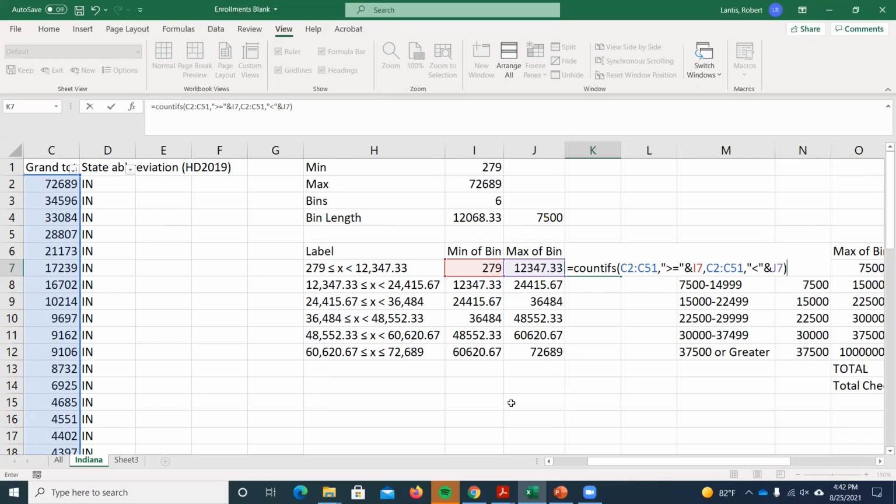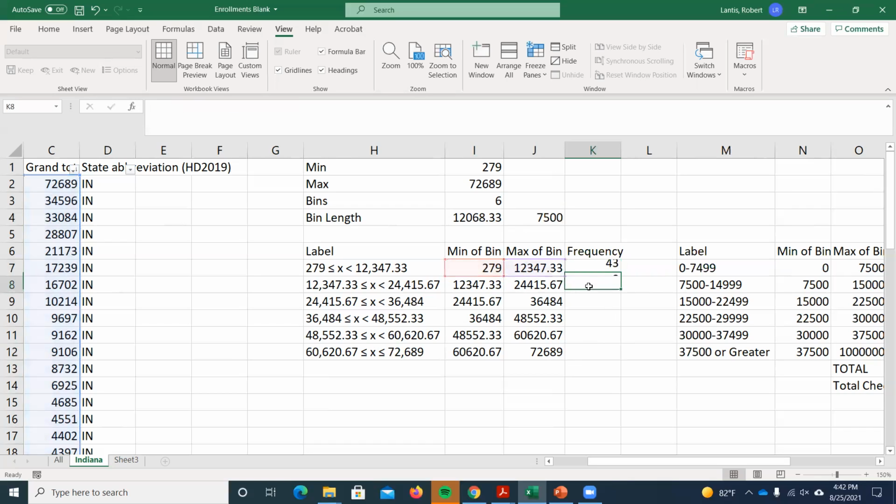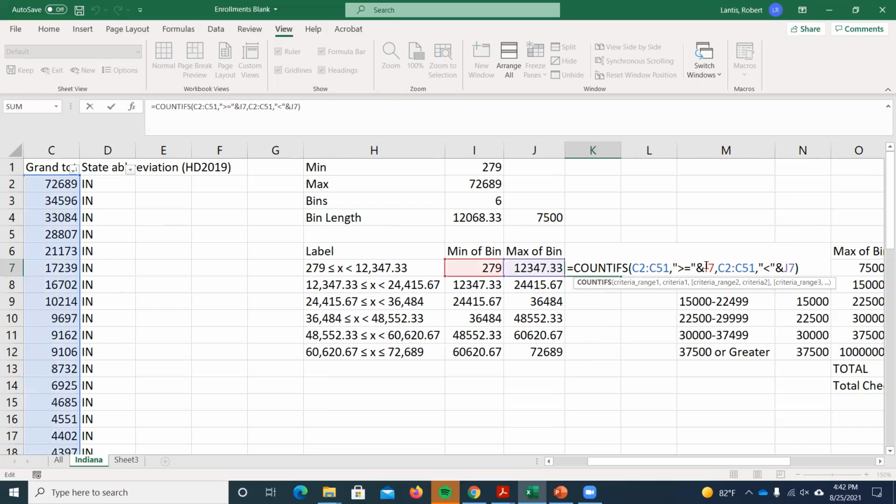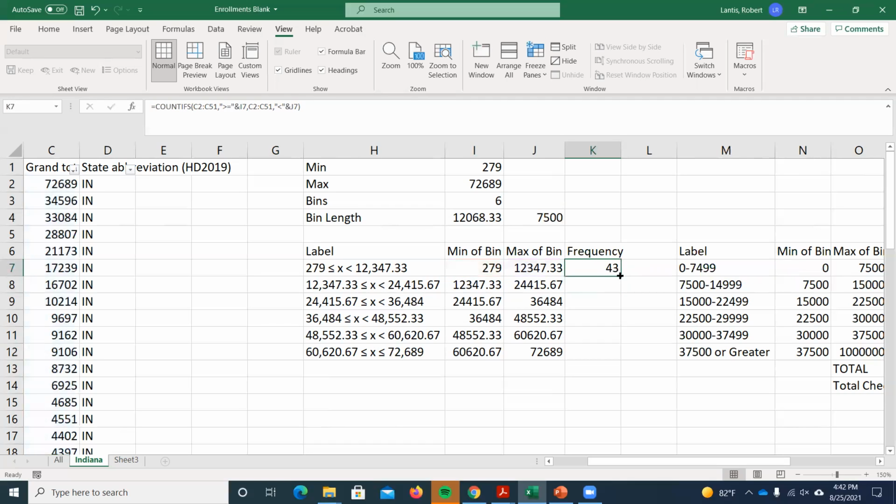Does that make sense? The reason I did that is because I should only have to type this COUNTIFS formula in one time. If I copy this down, instead of using the minimum and the maximum of this bin, if I were to go down here and start typing out that COUNTIFS formula, well, now I want to use the minimum and the maximum of the second bin. If I copy this down one row, these cell references, I7 and J7, become I8 and J8, the two new minimum and maximum for the new bin, right? So I do want those to update, but the problem is if I copy this down,